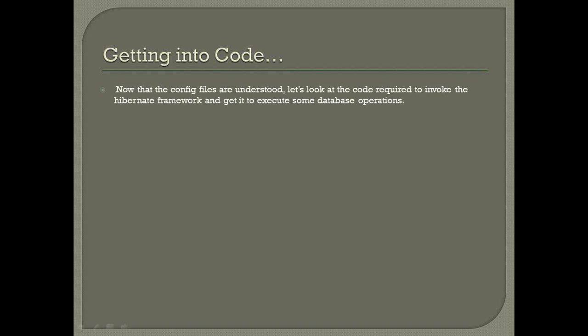Okay, so now that we know at a conceptual level what information we need to provide to Hibernate, let's see what code we need to write to invoke Hibernate as a framework and allow Hibernate to use these configuration files which we have created and see how it generates SQL queries on its own.